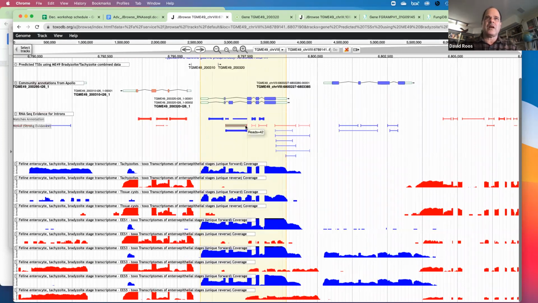I mentioned this intron that corresponds precisely to this much more abundant one on the opposite strand as probably an artifact of the analysis. But this intron here does not correspond to the opposite strand. And indeed, we can see that in sexual stage, in parasites that are undergoing sexual differentiation in the cat, there is another transcript on the opposite strand at low abundance that perhaps should be annotated,